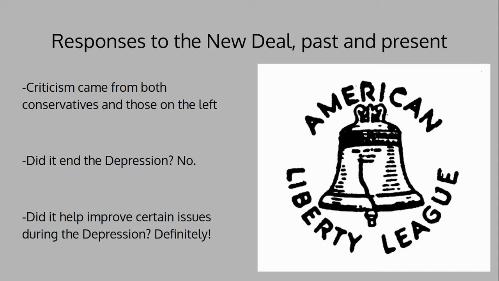And so by the New Deal going on and people not trying to push for, well, most people at least not trying to push for something more extreme, we allowed for some government involvement but still preserved democracy in this country, which is obviously very important. Now, anyway, those were some of how the New Deal was responded to, past and present, and people still do debate over how effective it was to this day, and whether or not any more New Deals should come out in the future. And I'll say more about that at the final slide.